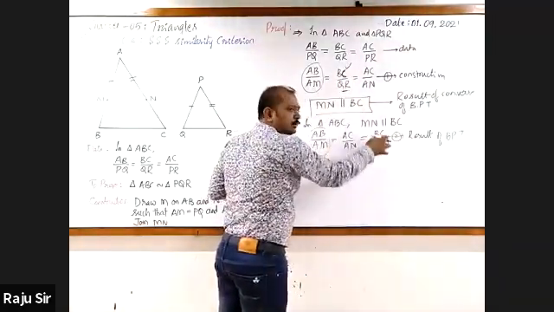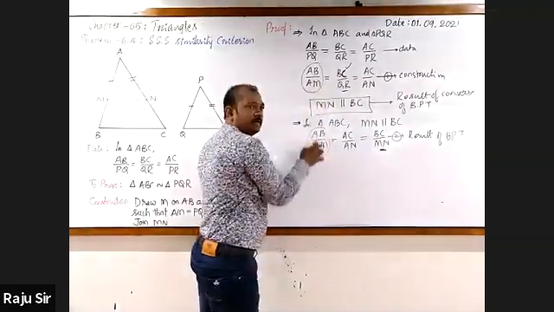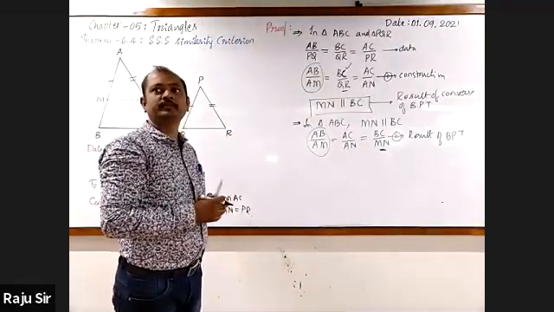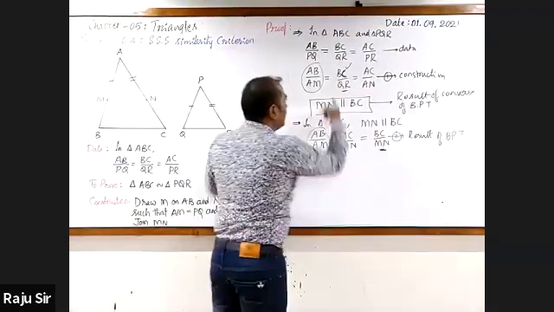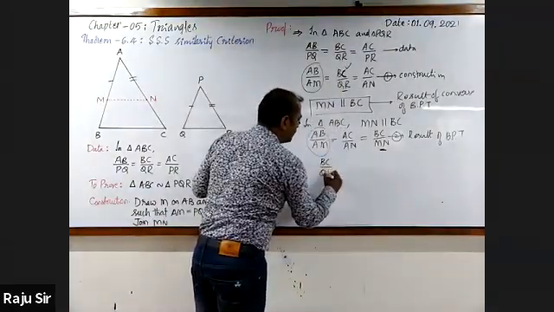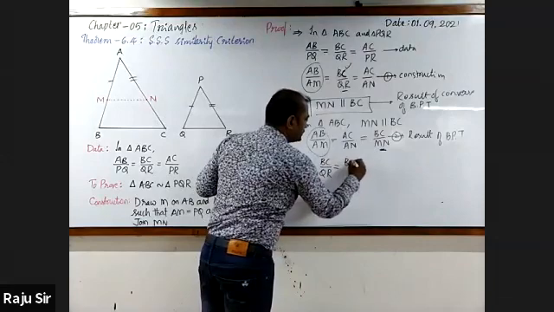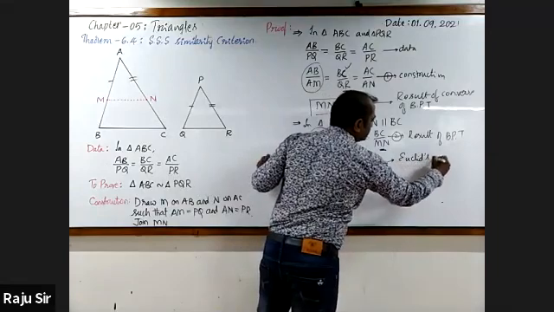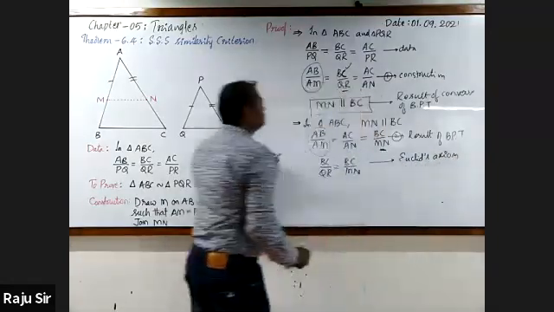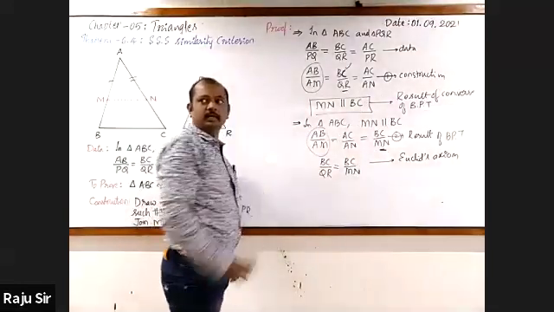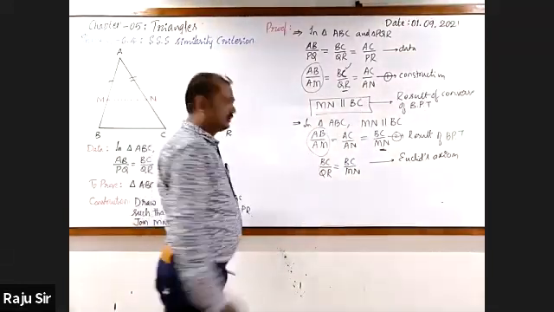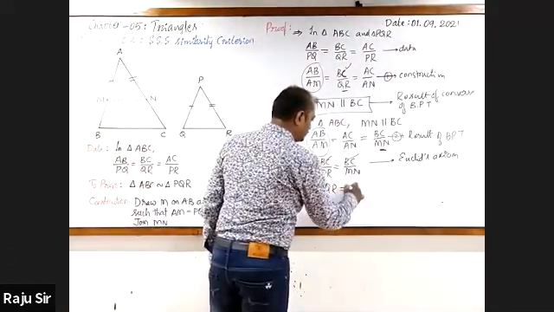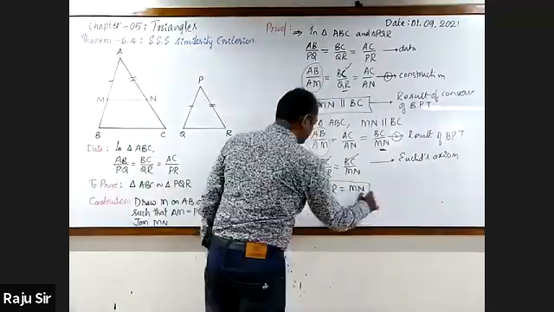So these are the two ratios equal to the same ratio, hence equal to one another. According to what? Euclid's axiom. I'll write that. It is BC by QR is equal to BC by MN. Now let me write this as from Euclid's axiom. Now you get BC and BC get cancelled. QR equal to MN. We have achieved.